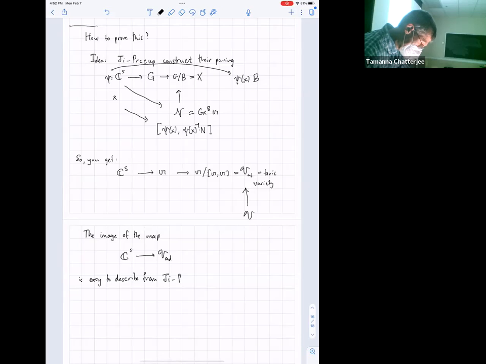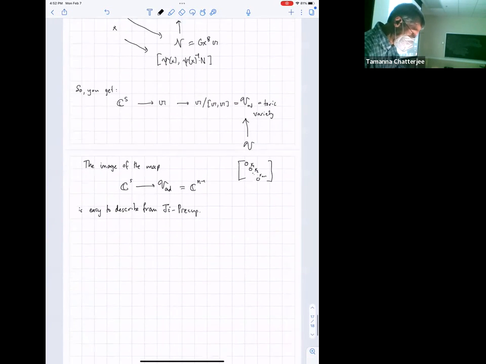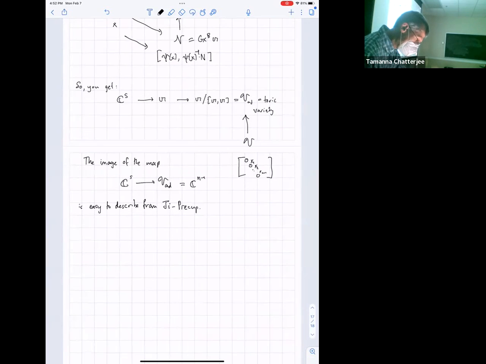G and precup. And how does that work? So VAD is just isomorphic to, remember, it's Cn minus 1. Because VAD was the stuff that was, we had our n by n matrices, and VAD was the stuff that was right above the diagonal in our n by n matrices. So it's isomorphic to Cn minus 1. And this image is defined by,